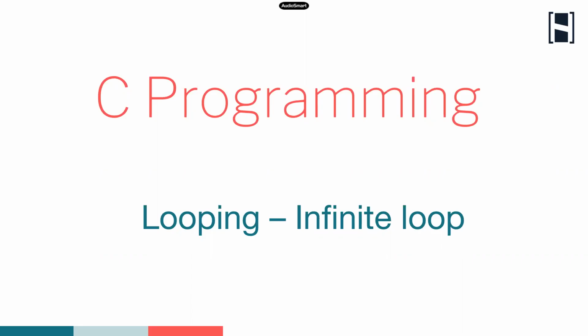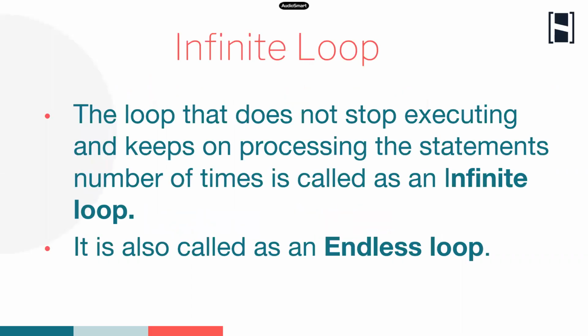So in this video, we are going to be discussing the topic of infinite loop. So first, what is an infinite loop? An infinite loop is a loop that never stops its execution. That is, there is no ending at all. The loop is going to keep on executing whatever you're asking it to do. So that type of loop is what we call an infinite loop.